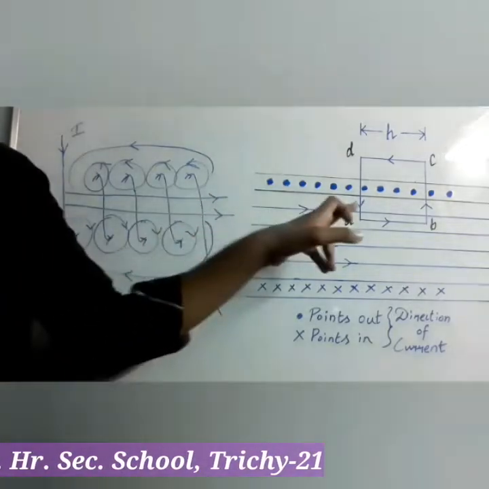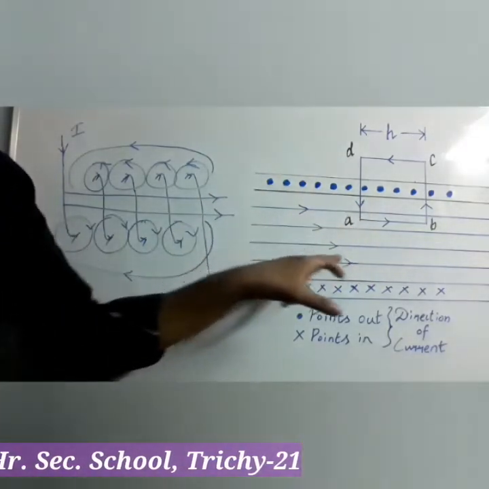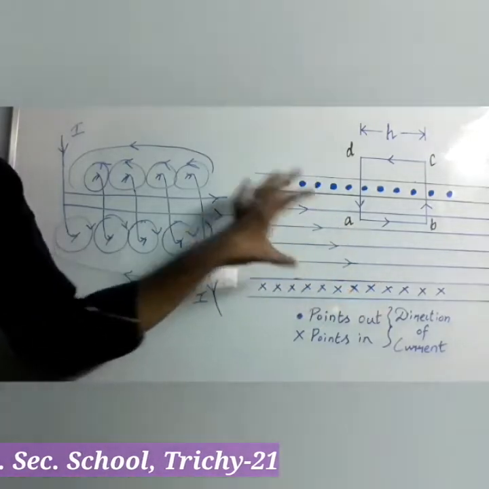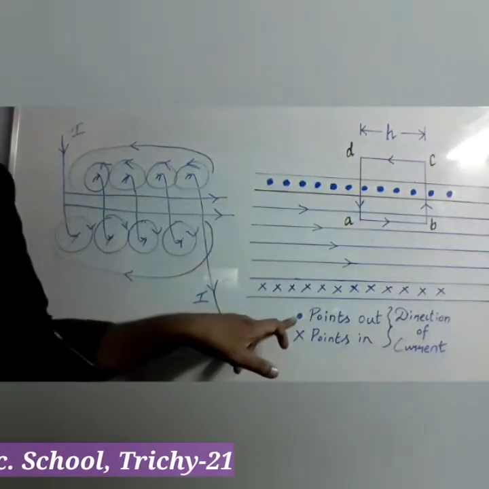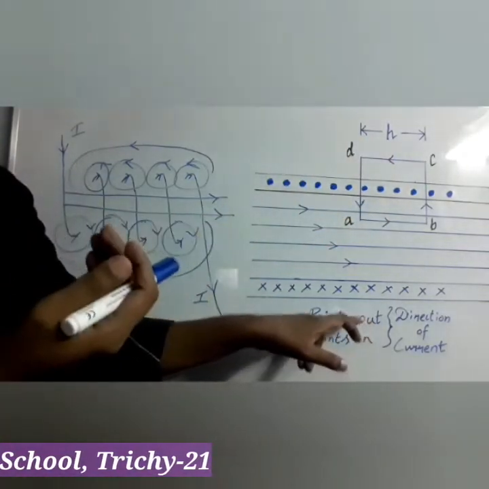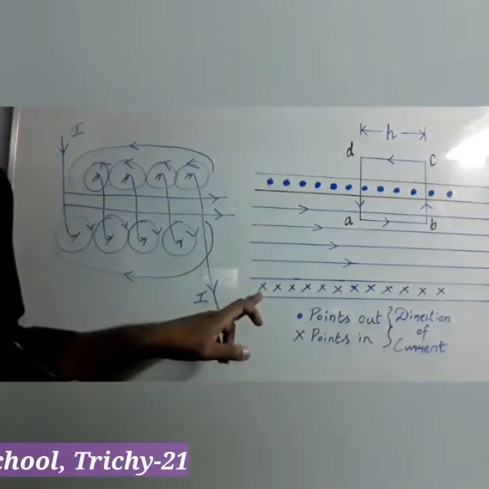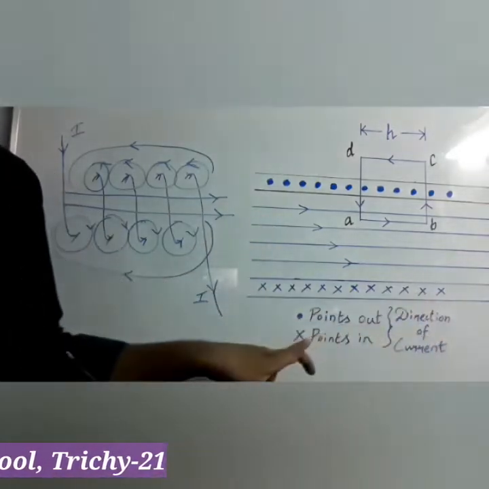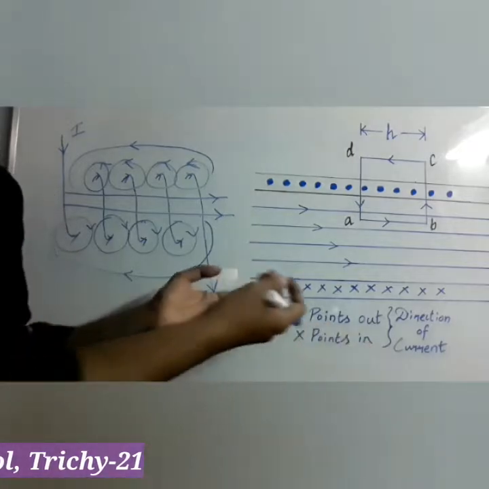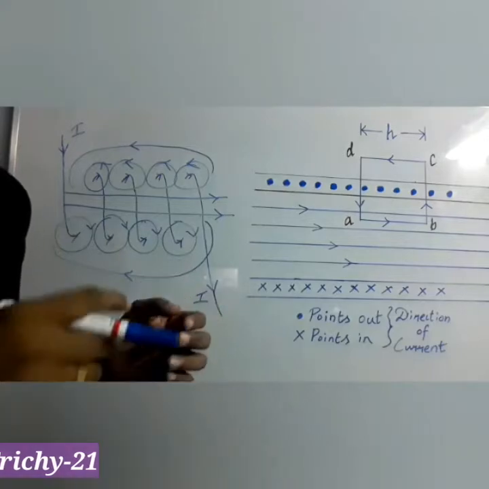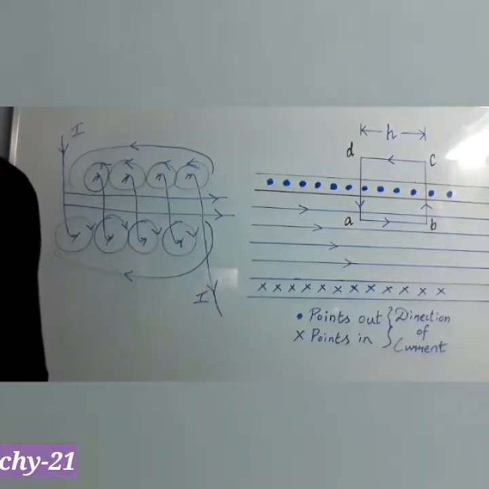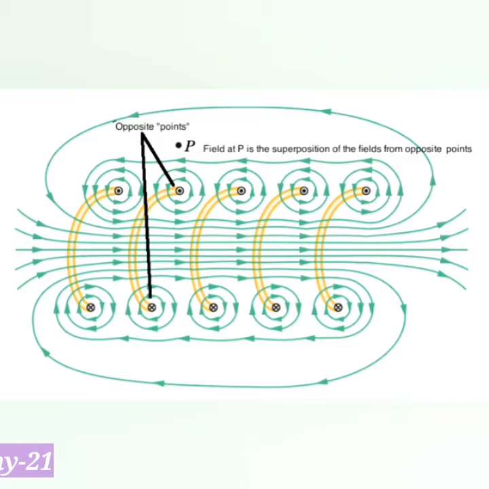Here inside the solenoid we have a very strong and uniform magnetic field. At the top they have given dots. Here a dot represents the direction of current which comes outside. At the bottom they have given crosses. Here a cross represents the direction of current which goes in, as we have already seen in the model. This picture gives you the complete idea about the magnetic field produced in solenoids.